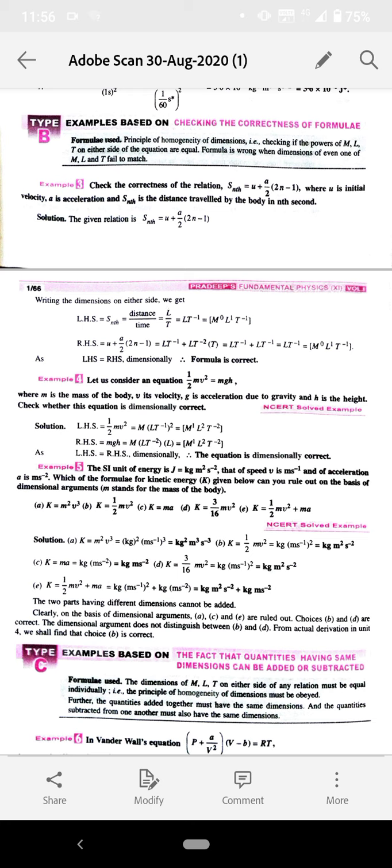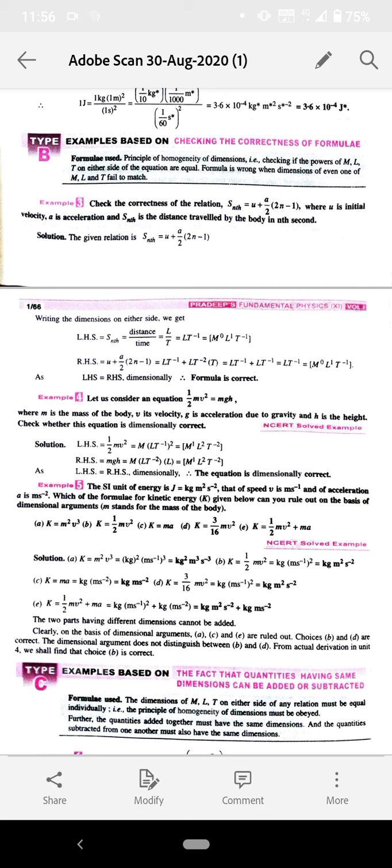In RHS, the formula is mgh, where m is mass, so its dimensional formula is M. g is acceleration due to gravity, whose dimensional formula is equal to that of acceleration, तो इसका डायमेंशनल फॉर्मूला होगा L T^-2. h is height, जो कि लेंथ है, तो इसका डायमेंशनल फॉर्मूला होगा L. अब इसको कम्प्लीटली सॉल्व करेंगे तो जो ओवरऑल डायमेंशनल फॉर्मूला है पूरे RHS टर्म का, वो बन जाएगा M^1 L^2 T^-2.